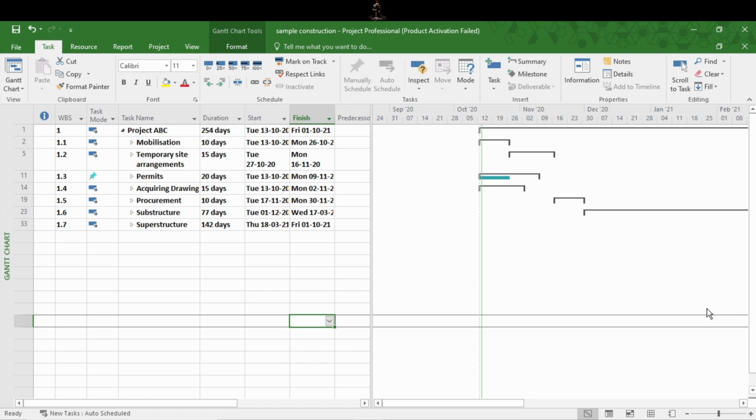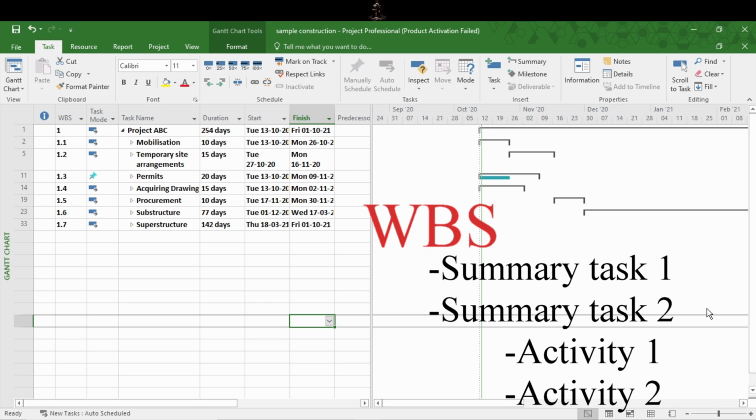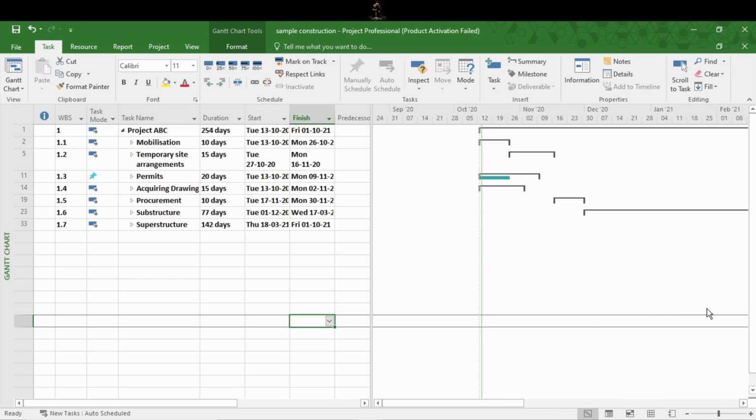As we all know, WBS is key project deliverables that organizes the team's work into manageable sections. Such manageable sections, which have a group of activities in them, are called summary tasks. So WBS contains a group of summary tasks, and summary tasks contain actual activities to be done, or activities that cannot be broken down further logically.